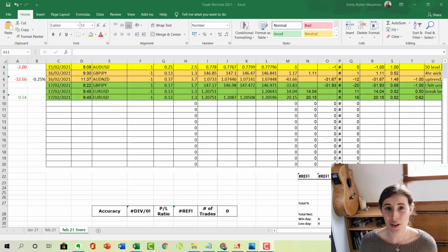Okay guys, so here are the trades that I've taken this week, my second week with my funded trading account from the 5%ers, and it has been quite a challenge this week. I've had quite a lot of lessons that I've learned this week. I'm going to talk to you a little bit more about those in a moment, but a few of you